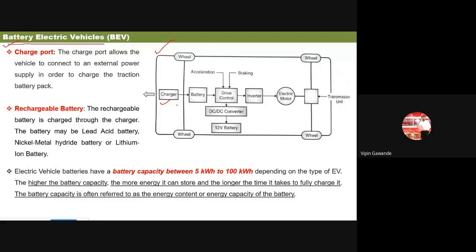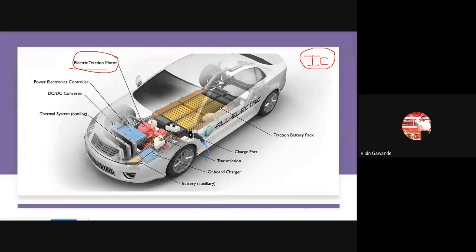Now, whenever the electric vehicle is there, in a conventional vehicle we have one inlet for inserting the petrol and diesel. But now this part is not there. Instead of that, we have a charge port, similar to our mobile. Similar to our mobile, it has one charging port, and we have to charge this vehicle.